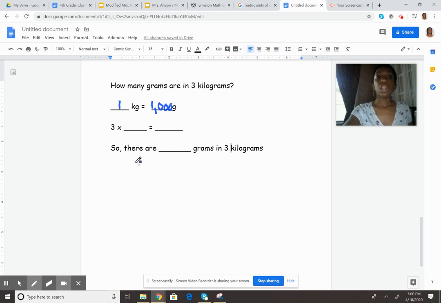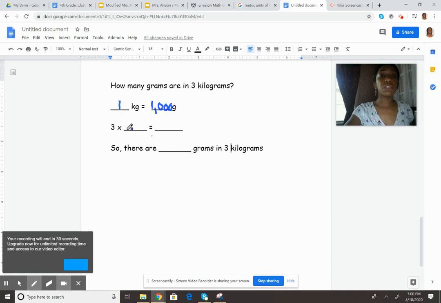Okay. So then that means if I know that there are 3 kilograms, because my question says there's 3 kilograms, so now I know that I need to multiply something by 3, okay? So I know I need to multiply 3 by 1,000 in order to see how many grams. So 3 times 1,000 would give me 3,000, okay? And so there are 3,000 grams in 3 kilograms, okay? So this is how you are able